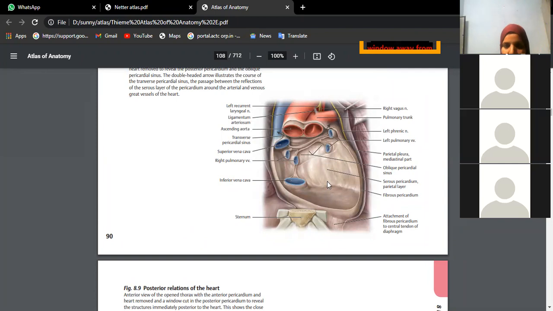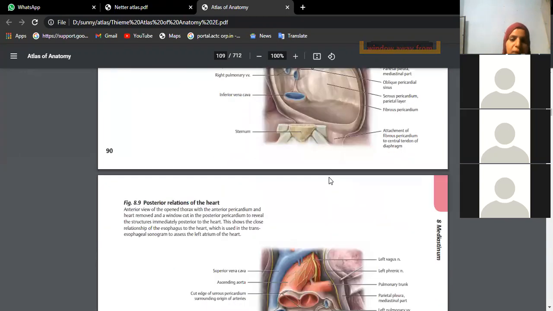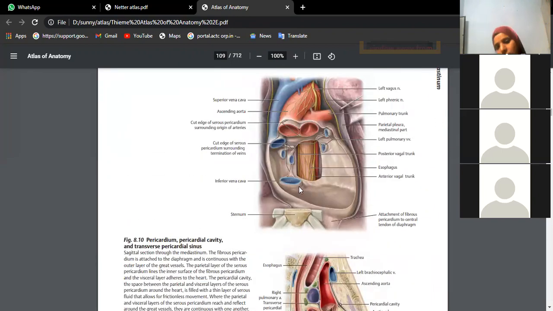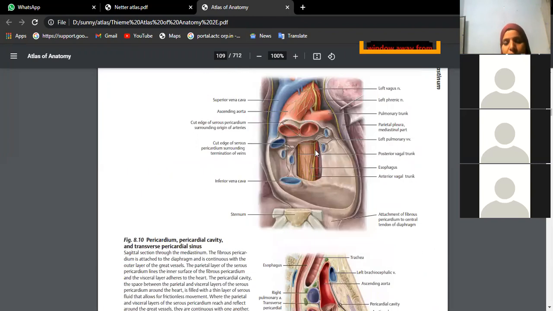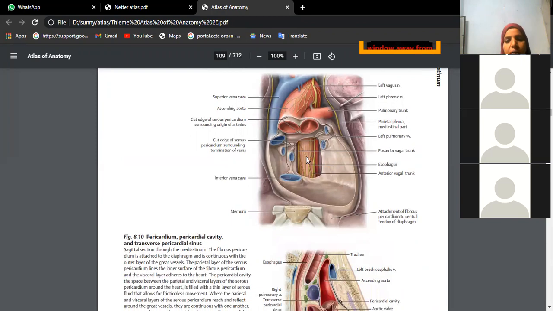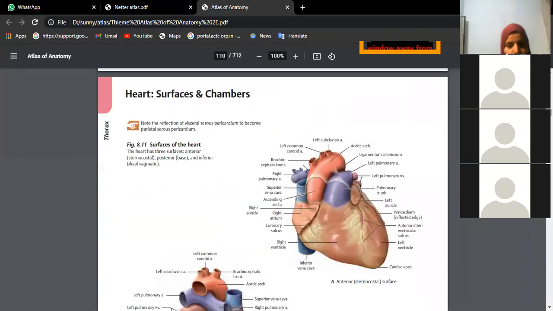This pericardium will have certain folds which we have already studied in theory classes. So this is transverse sinus and this is oblique sinus. Try to read the boundaries in theory. I'm only concentrating on practicals. Now see, there is a window made in the posterior layer of pericardium, right? Why? To show the structures of posterior mediastinum. That means once you cut the pericardium completely from the posterior aspect also, you will see esophagus, descending thoracic aorta, vagus, phrenic nerves, so many structures.